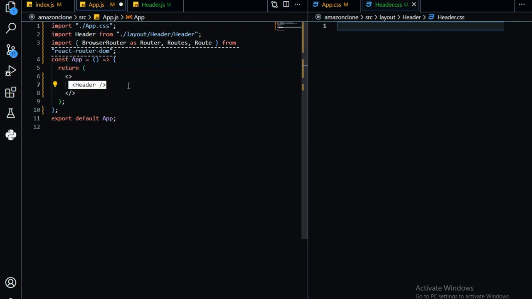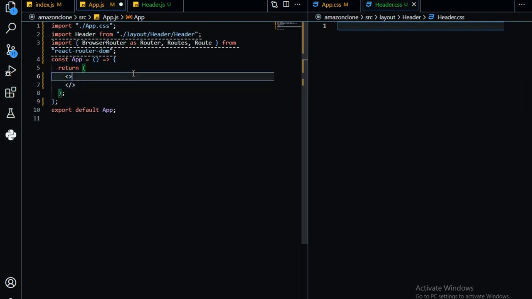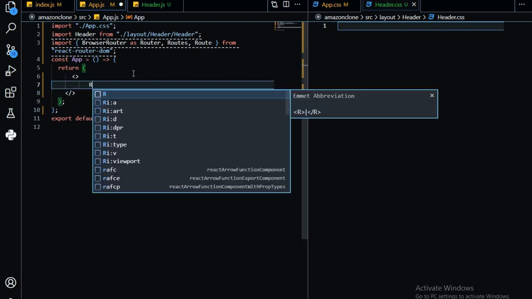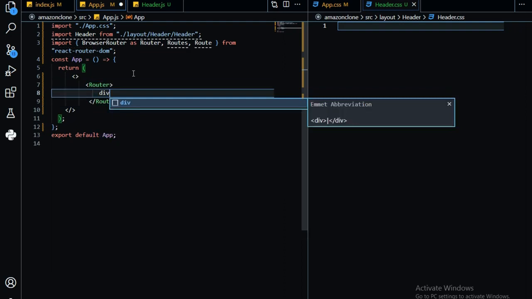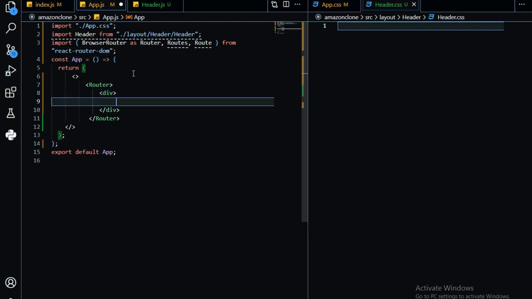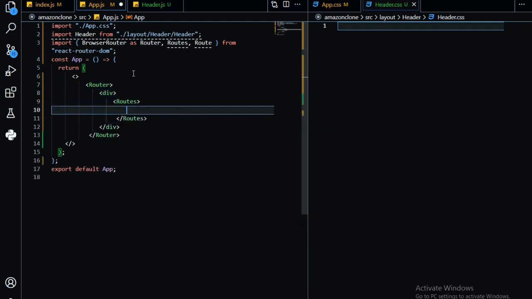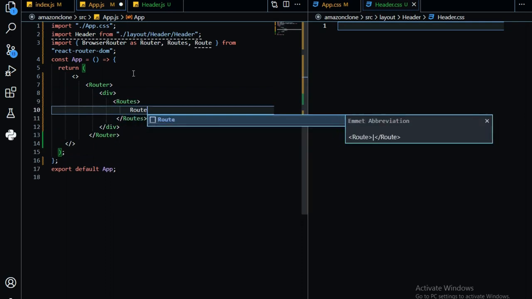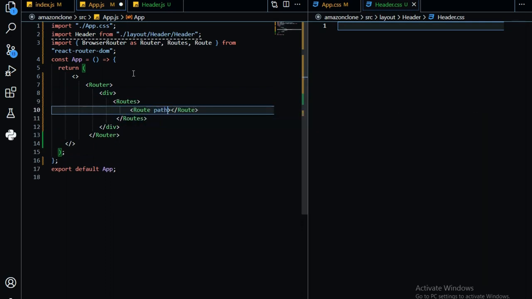So I'm going to tell you that Switch is replaced by Routes in the latest version of React Router DOM. So don't use Switch now. I'm going to write Router, making a div. Inside that I'm going to make Routes, and inside this I'm going to make a Route with a path of